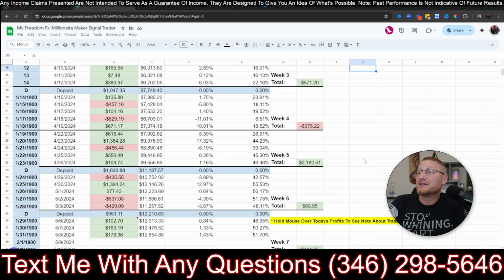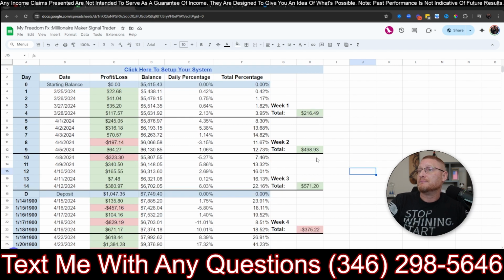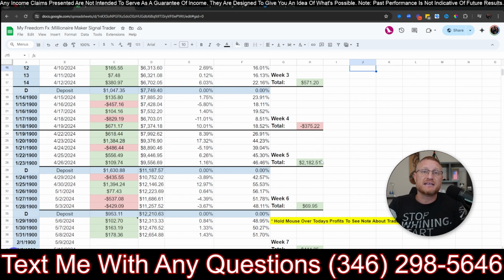We've had some really good months where we were hitting $2,100 profit, or good weeks, $2,100 profit. We had a $69 profit last week. It was kind of a rough week, but at least we were in the positive. This week, we've been in profit all week. Generally you're going to see this where we're mainly in profit, but every once in a while we will have weeks that aren't in profit.